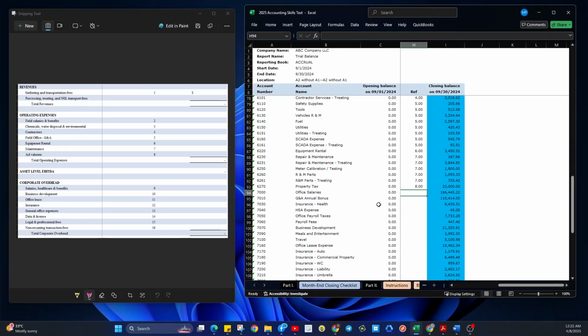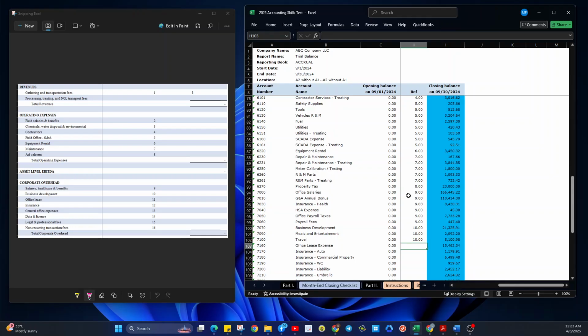Now, we have here the corporate overhead, office salaries, 7,000. We have 9. And then the next is business development, but we have to cover this 9 up to payroll fees. For business development, let's put 10. Let's also include the meals and travel. Business development covers enticing or, well, more of attracting customers, so it would entail meals and entertainment and even travel.